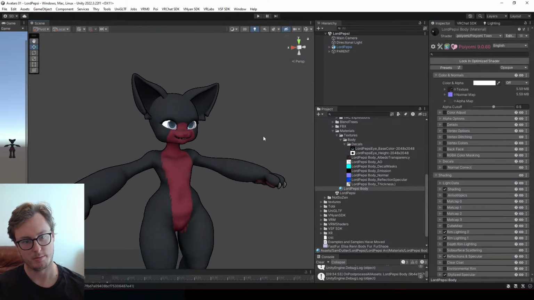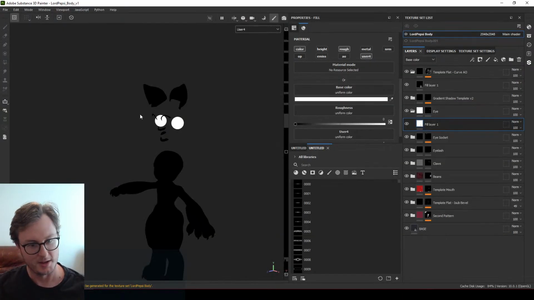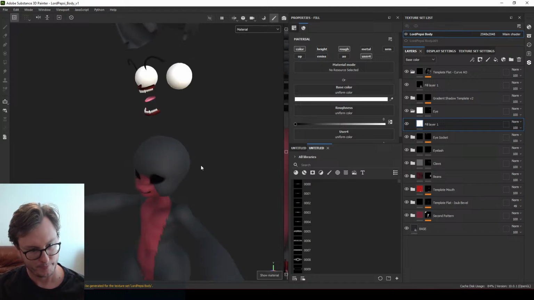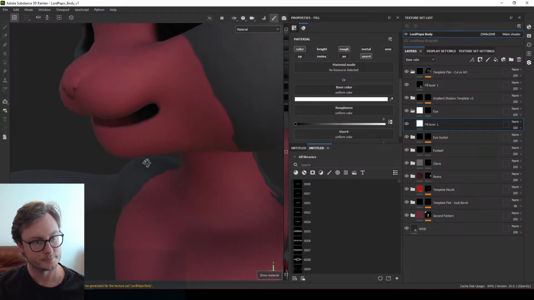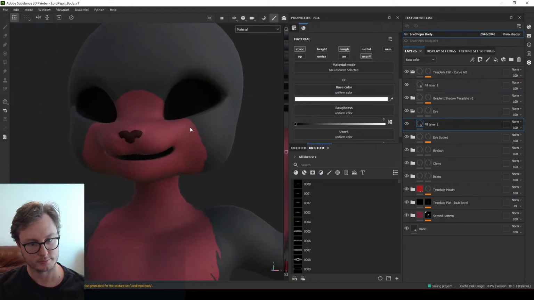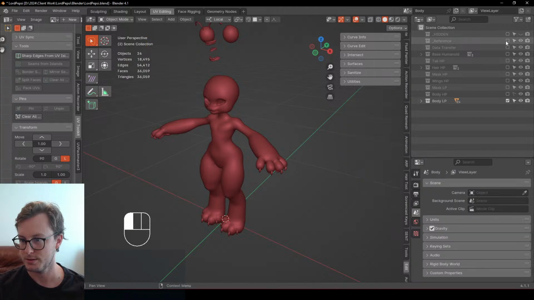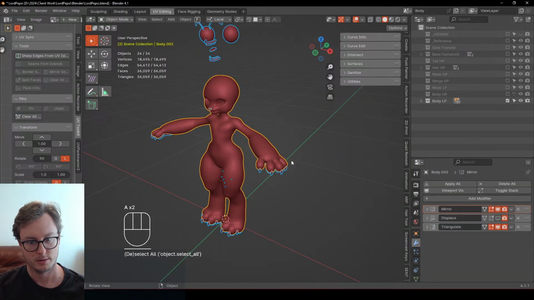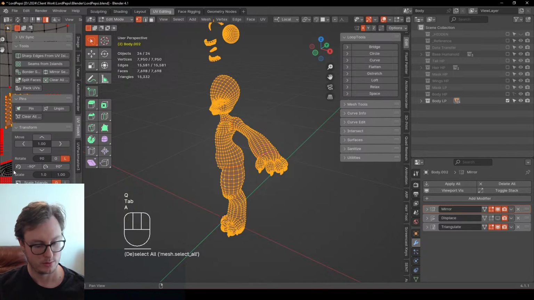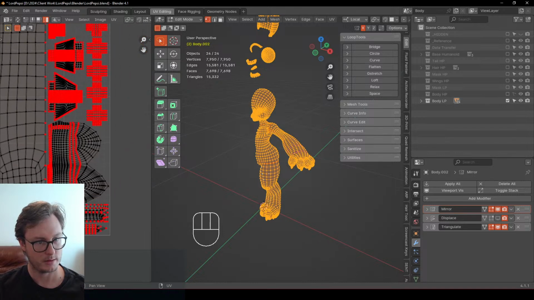All right, let's get the rest of the body kind of rebaked, and then we'll start on the fluff. We already have some fluff made, but we're gonna need a lot more. We're gonna need a lot more fluff. I also wanted to check, make sure the claws are in the right spot. So I saw a little bit of